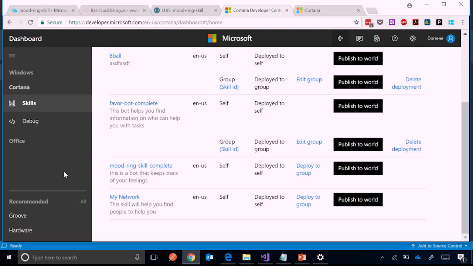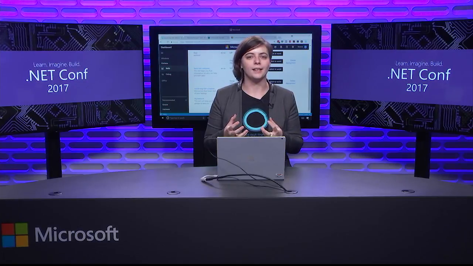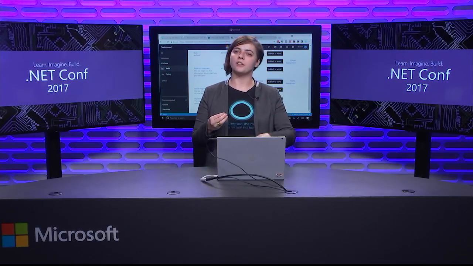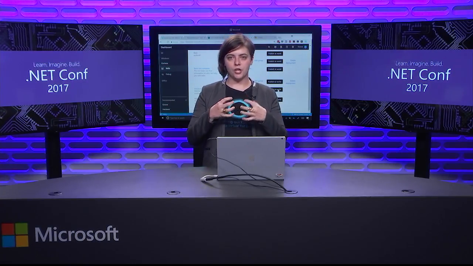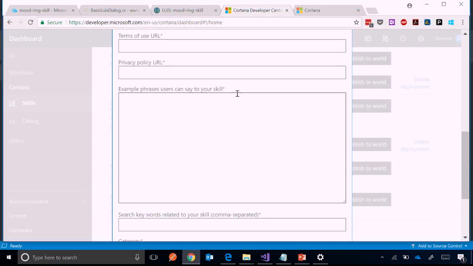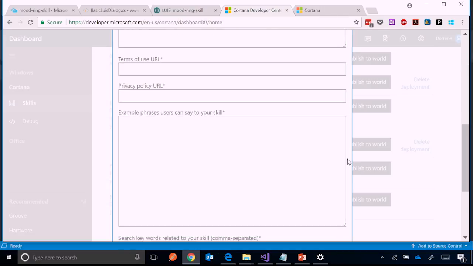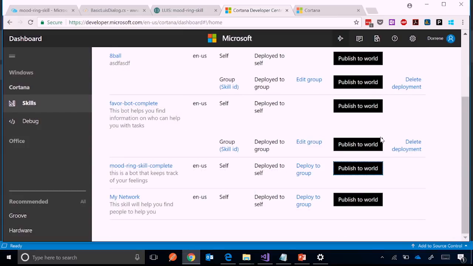If this skill was totally complete, I could also publish the skill to the world. This means that a skill undergoes certification and validation in order to make sure that it's ready. This includes things like making sure you're not targeting children, making sure that all of your voice and language models work properly, making sure that the code that you launch on your client device is checked to be installed and is good. So if I were to click on Publish to World, basically we give some guidelines, testing instructions, things like that,